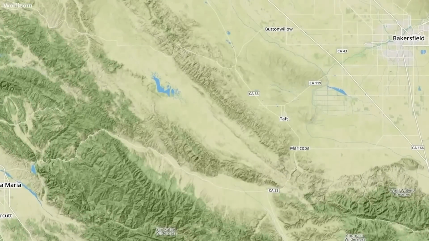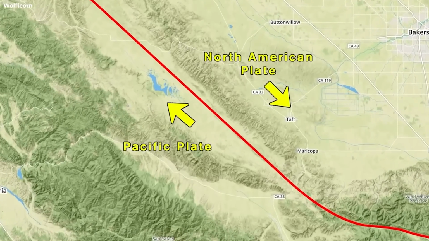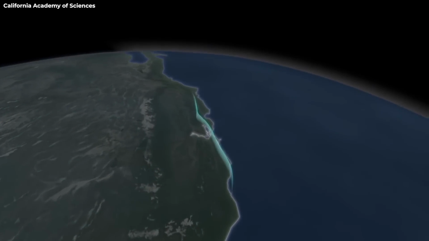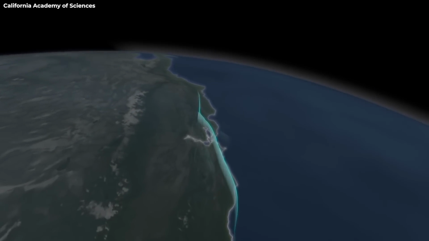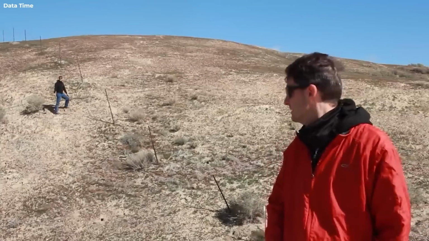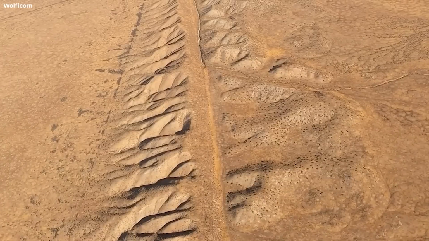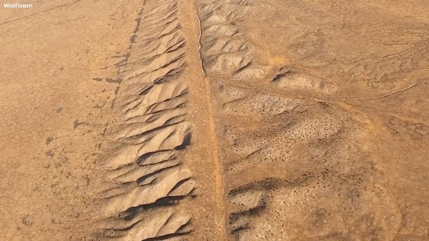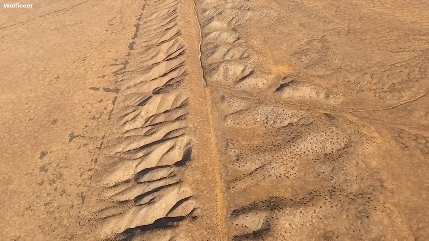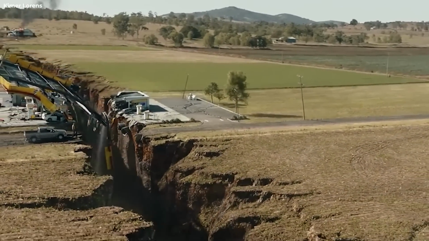You may find it hard to believe, but what you see on the screen right now isn't just one place. In fact, this is the place where the Pacific Plate and the North American Plate lie adjacent to each other. So if you visit this place with a friend, both of you can be in the same area but stand on two separate tectonic plates. But what is this place? Well, it's the infamous San Andreas fault line of California, and possibly the potential origin point of one of the greatest disasters in the history of California.